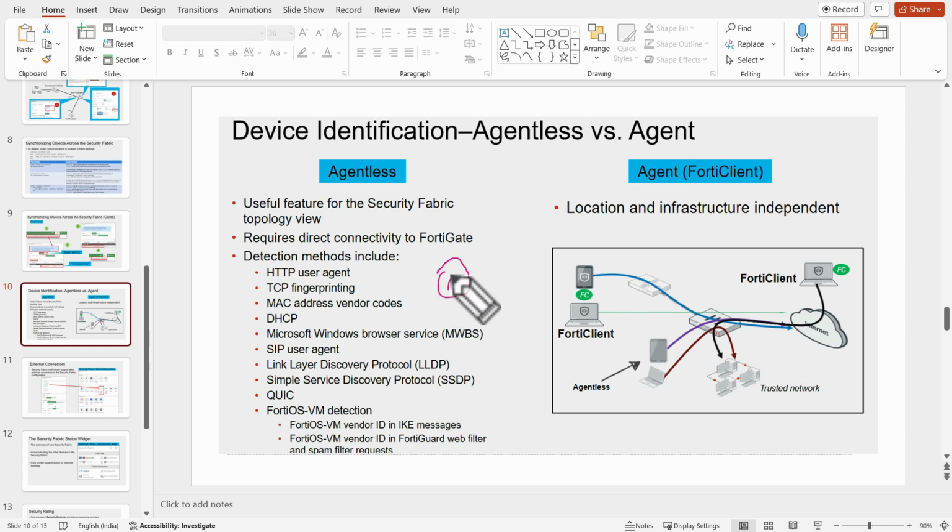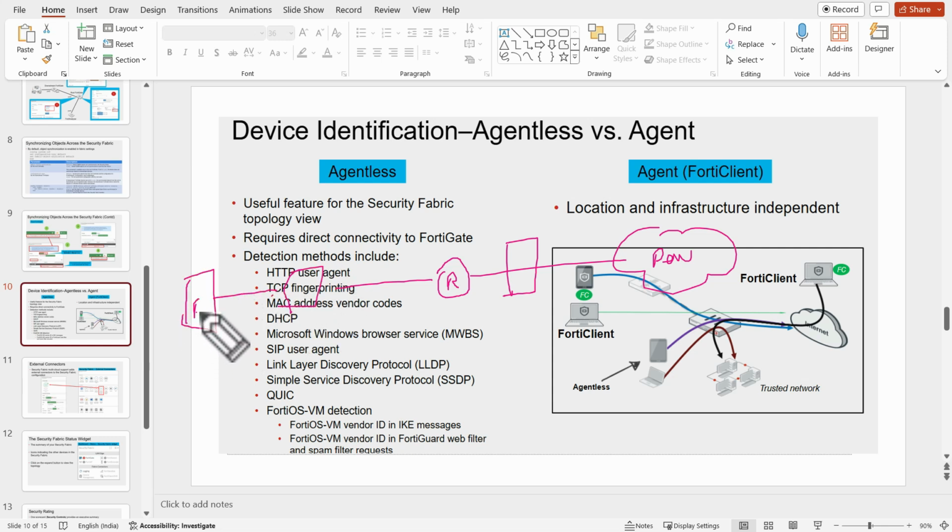Let's say this is your router, and behind the router you have switches, and then you have multiple devices. So in this case, behind the switch you have the router, FortiGate, sorry. Then in this case, FortiGate will not identify these devices because a router is present in the communication. It is preventing the device identification, not the communication. Communication will happen, but I'm talking about the device identification.